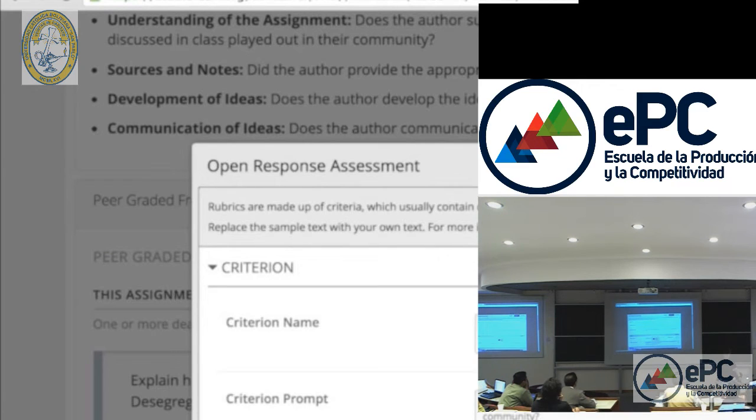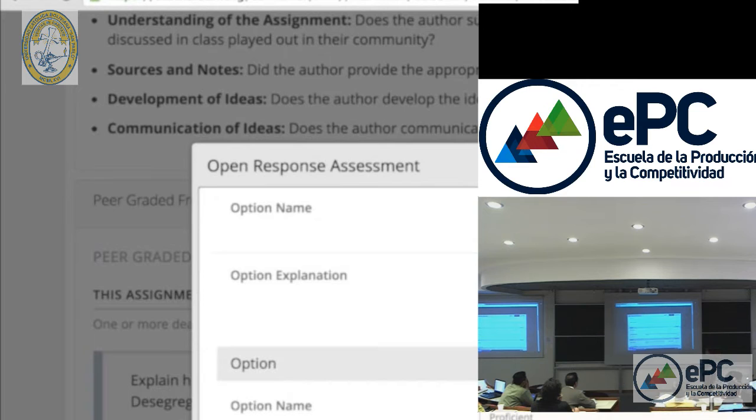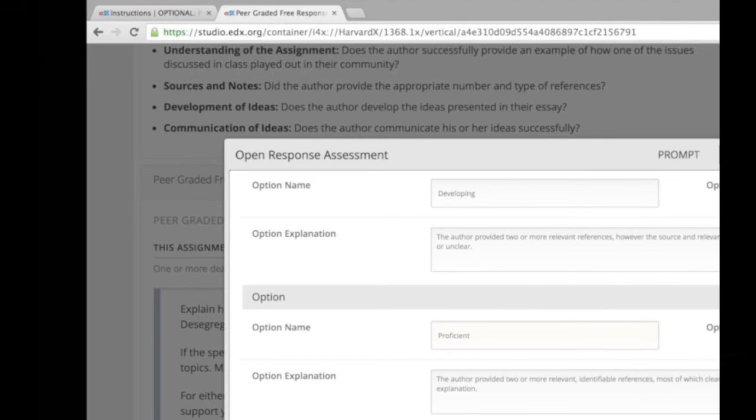I don't know if it has this. I didn't think I was going to show this. But basically, it's called Open Response Assessment, where you have a form to fill out, and you talk about the explanation, you talk about what level you want, mastery or competency-based, and see if you can follow along. I have to preface with, this is not my core expertise, and we've only started using this quite recently.